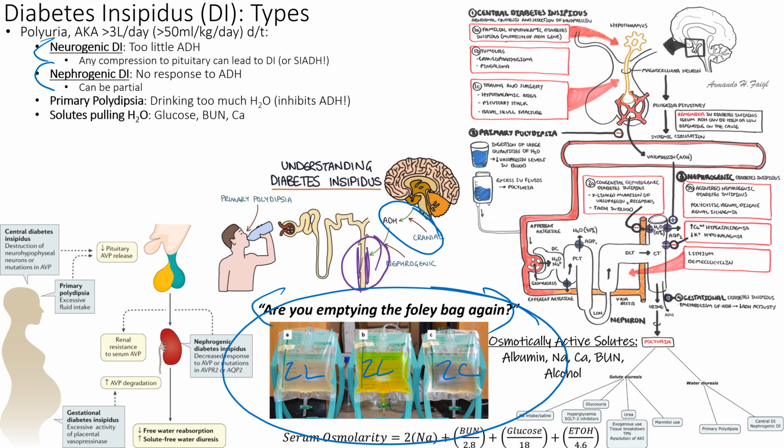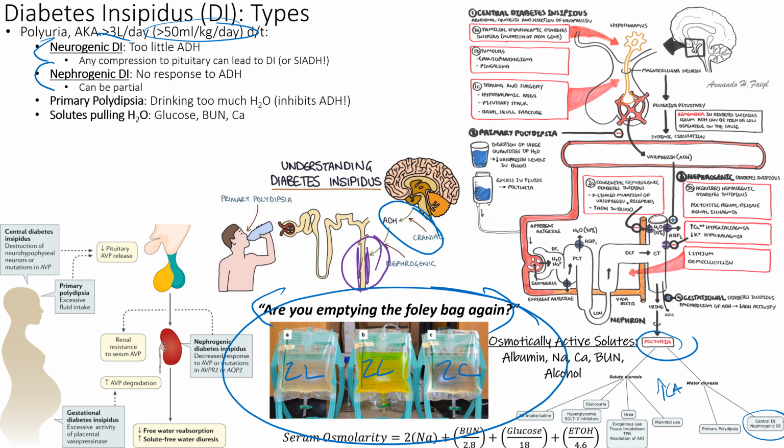So if you're emptying more than 2 liters in a shift, that's a problem, because greater than 50 mLs per kilo per day is the definition of polyuria. So more than 3 liters per day, that's like 24 hours, right? If I'm doing 2 liters twice in my shift, that's already 4 liters. That's already polyuria. And polyuria is only caused by a few things. One is DI, right? A lack of ADH, right? Central or nephrogenic DI. Also, hypercalcemia can do it, so high calcium can pull a lot of